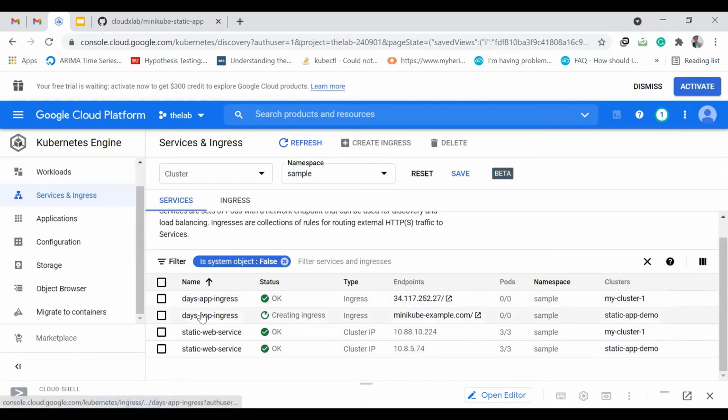So we are seeing two of each, right? Why this is happening is, I have just created these ingress and service just before starting this session, so as to make sure everything is perfectly running. So don't worry about this. You will have to see only one service and ingress when you are doing it for the very first time.